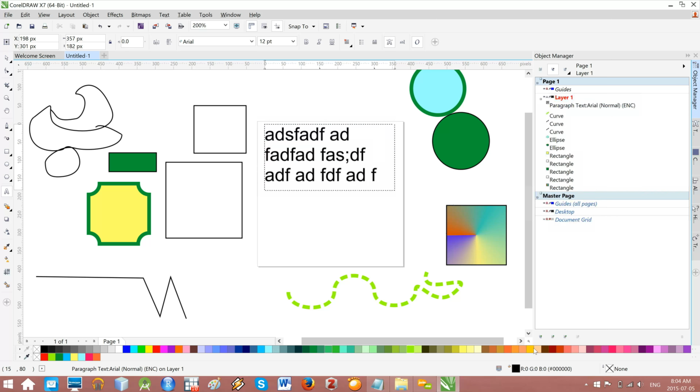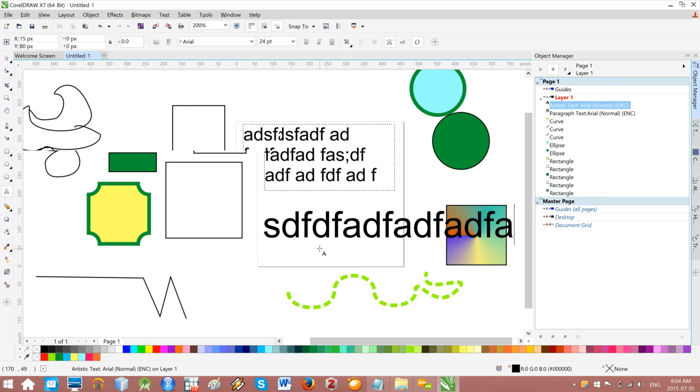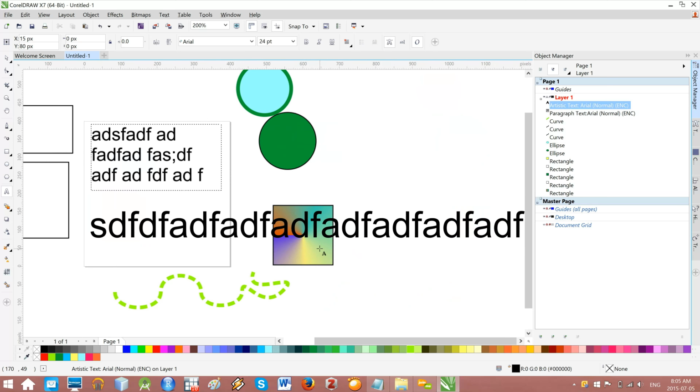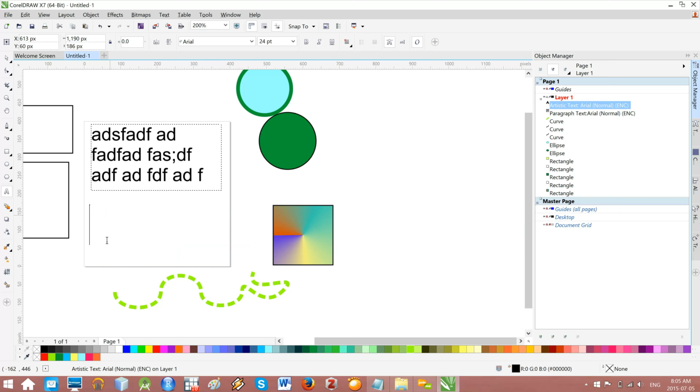Another way is simply to click and start typing, and in this case it keeps going and going and going. It could go off your sheet, and the only way to come back to the starting point is to press the enter key, and then you continue down here. So whichever you are more comfortable with, you are free to use that. Now the thing with this type, the click and type approach, is